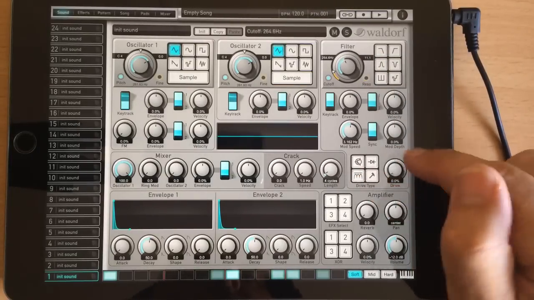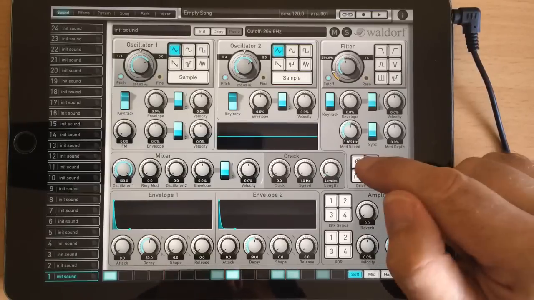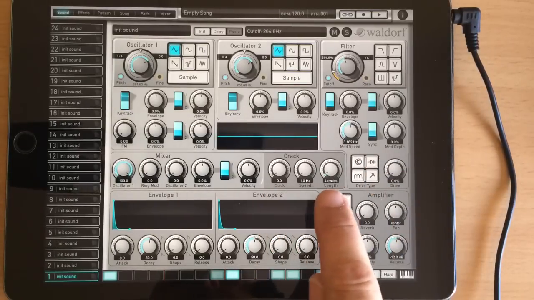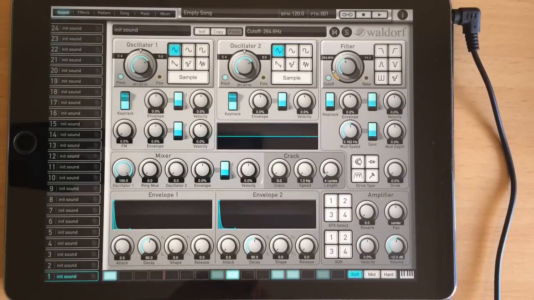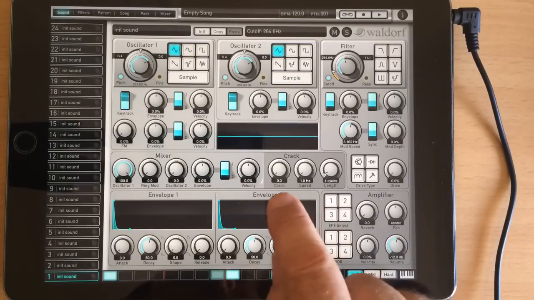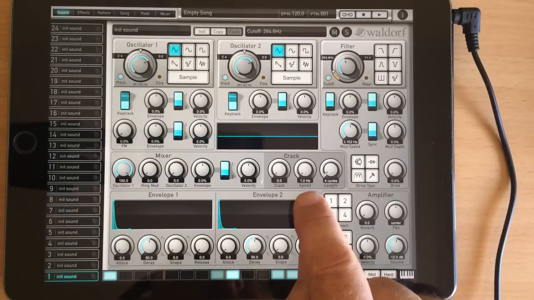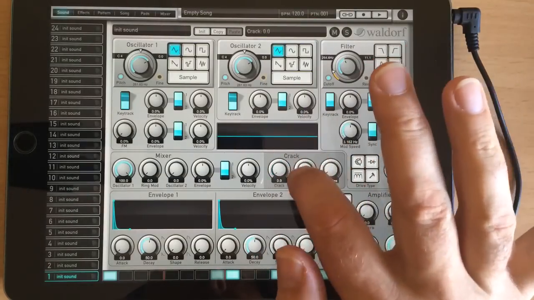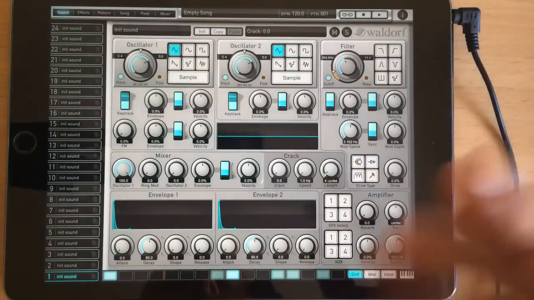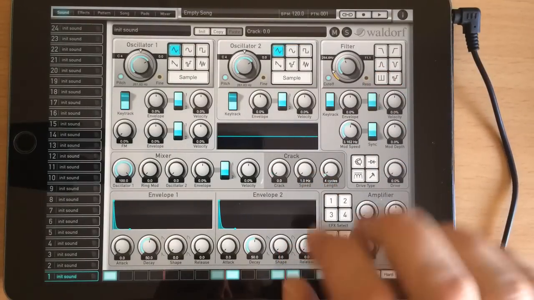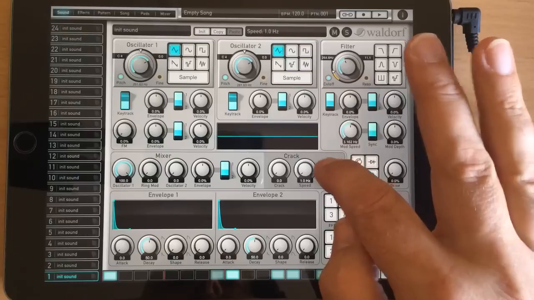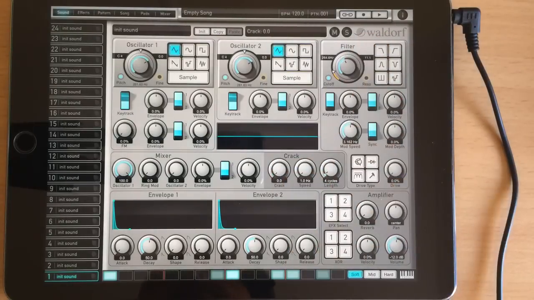Over here we've got a drive, which is basically distortion. There's 4 different types of distortion. In the middle here we've got this crack section, which adds crack to the beginning of the sound. It actually adds like a tick, and this is the speed of the tick, and this is the number of ticks it's going to add, and that's the volume of the ticks it's going to add. So it's a little bit of crackle at the beginning of the sound. This hertz here goes right the way up into audible ranges, so it can actually add effectively some more FM